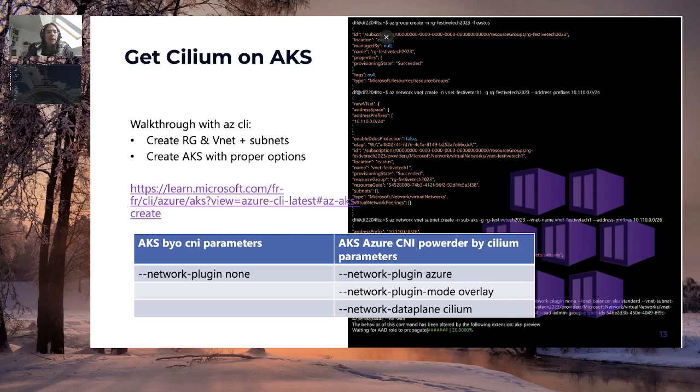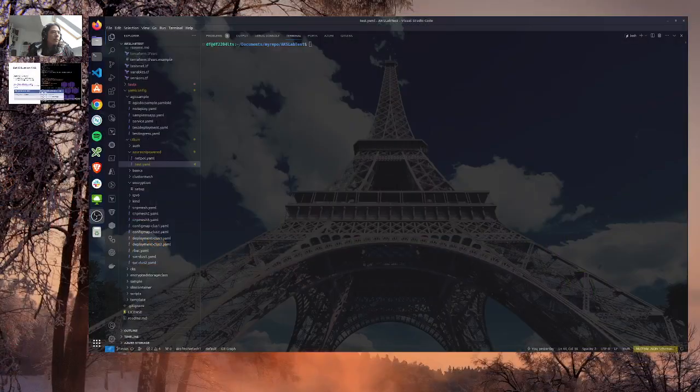Okay, so now that I've said that, what about switching to the practical part and having a look at the creation of a cluster. I have already created a resource group.